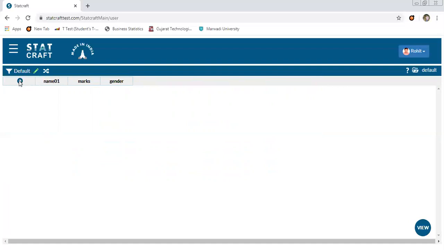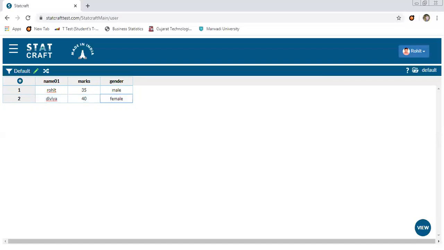For example, I am just clicking on plus. I can add as many rows as I require. My first student is Rohit, that is myself. I got marks 35 out of 50. My gender is male. Similarly, I would add my second student, that is Divya. I would give marks 40 out of 50. Her gender is female. We can make our data, and this is very easy software. It can also fetch a CSV file from our desktop.